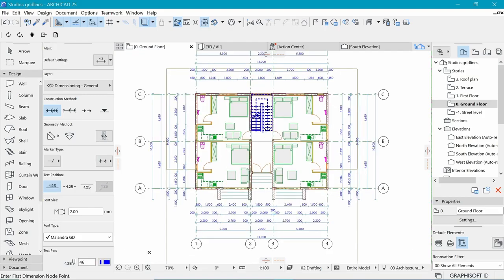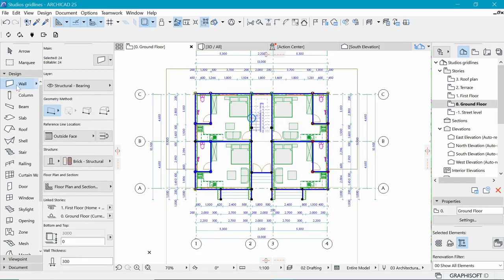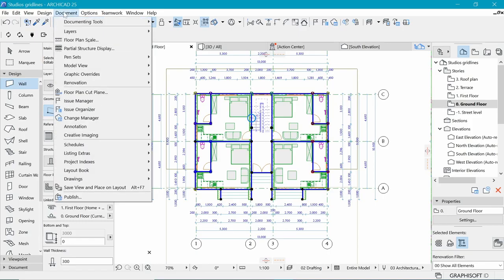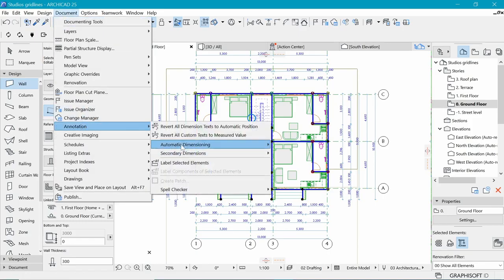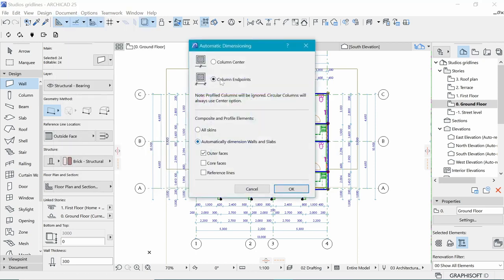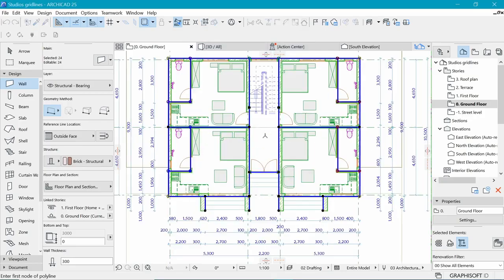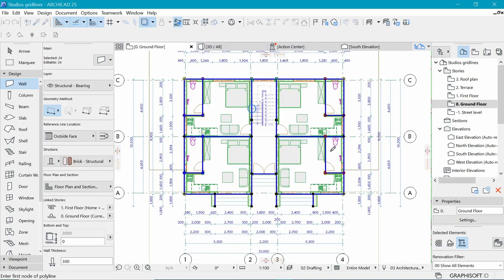And you could do the same for the interior dimensions like we have done. So if we have the wall selected and say Ctrl+A to select all walls, and then we go to Document, then Annotations, Automatic Dimensioning, and this time you can have the interior dimension. Once you click that, you choose whatsoever elements you want to have dimensions, and we want to have the outer faces dimensioned, and let's pick like a line